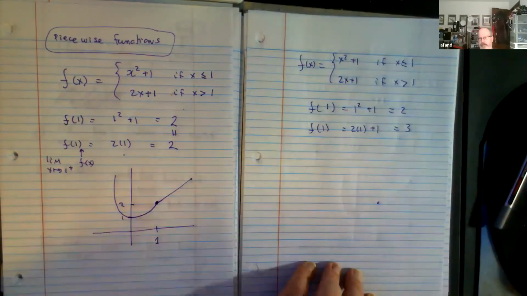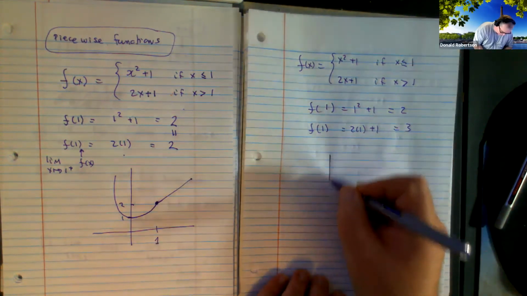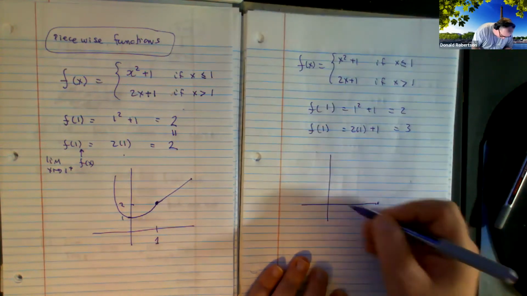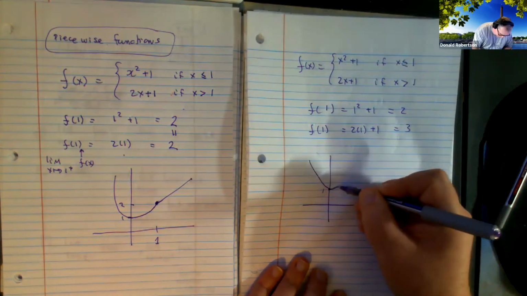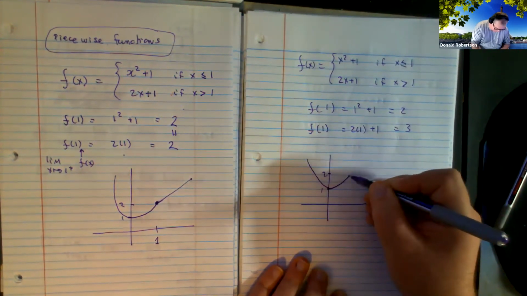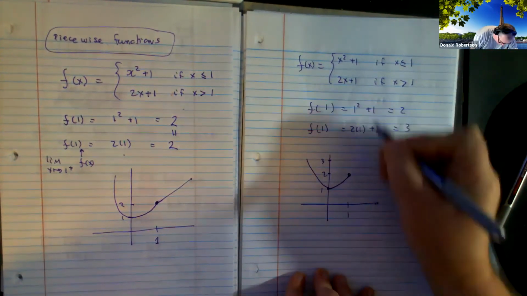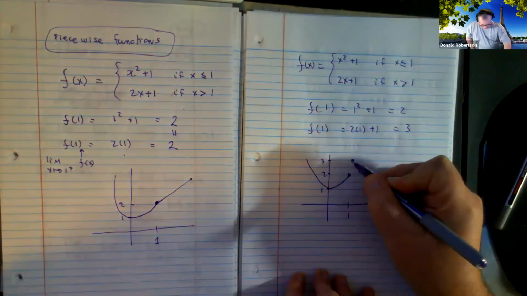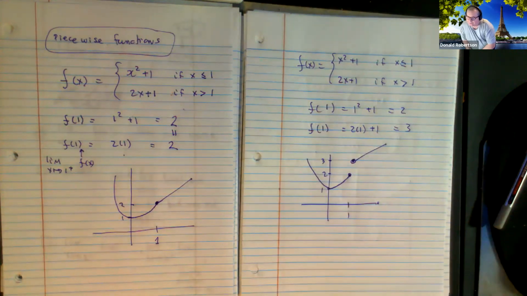Do you see that they are different? And because they are different, you are going to get a jump discontinuity. Can you see that? Now, if I sketched it, it would look something like this. The y equals x squared would look just like it always did. It would look like that at 1. But the 2x plus 1 would be a circle there. It would look like that. Can you see the jump discontinuity in my picture now? Does that make sense?